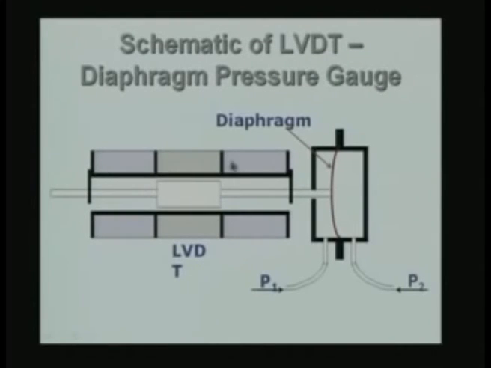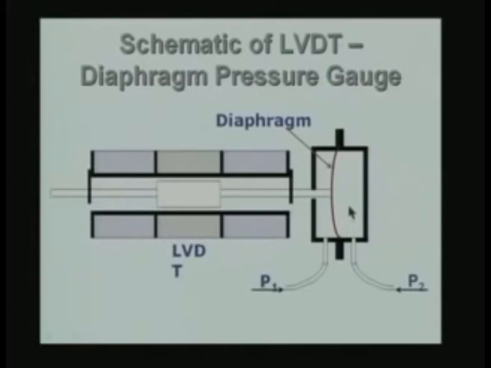Therefore, you have an imbalanced voltage, which is a measure of the displacement of the diaphragm, and here you see that I am measuring the displacement at the center, that is the maximum displacement point. Of course, it could be kept anywhere else and suitable calibration can be done. In this case, I have shown it to be exactly at the center, and therefore, it is going to measure the maximum deflection of the diaphragm, which occurs at the center of the diaphragm.